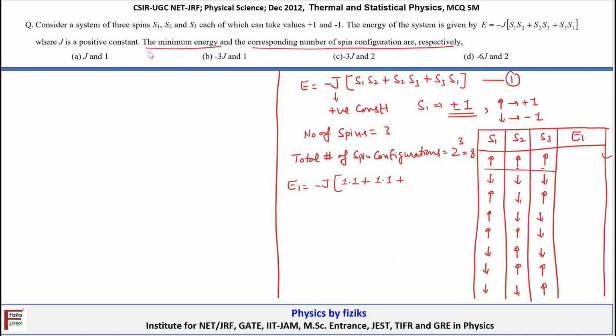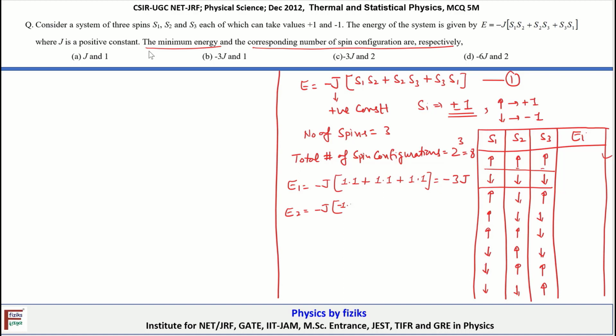S3 is also pointing in the upward direction, S1 is also pointing in the upward direction. So 1 into 1. So the interaction energy is minus 3J. Now similarly for the second configuration, that means this one, let the interaction energy be E2. So minus J outside, and then because all these 3 spins are pointing in the downward direction, so here